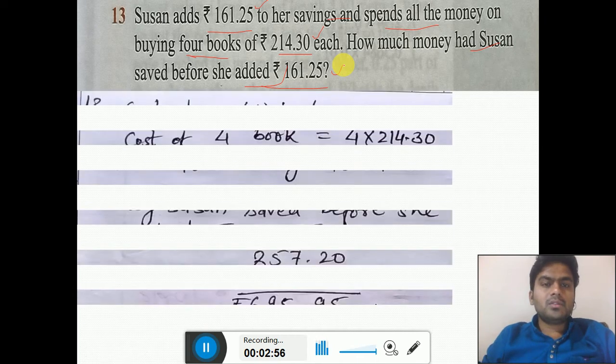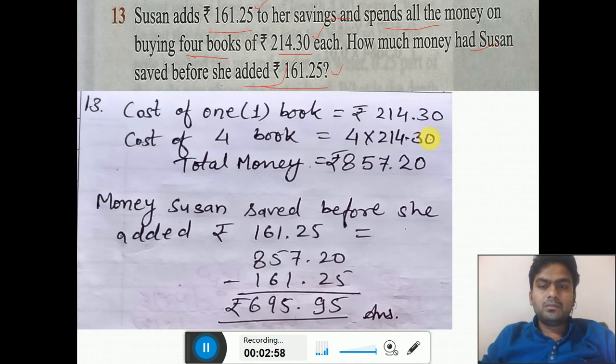Okay, so first multiply 4 with 214.30. So 4 zeros are 0, 4 3s are 12, carry over 1, 4 4s are 16 plus 1, 17, 4 1s are 4 plus 1, 5 and 4 2s are 8, so 857.20. Now the money Susan had before she added rupees 161.25, so we will subtract 161.25 from